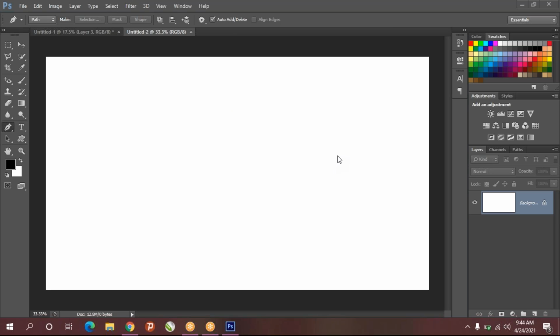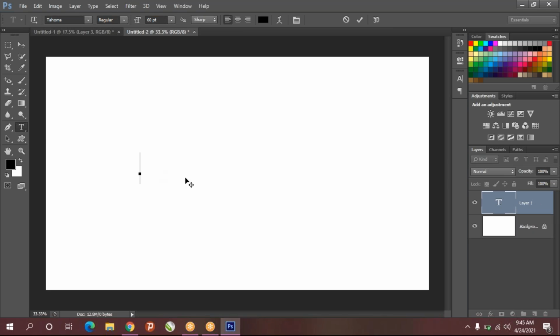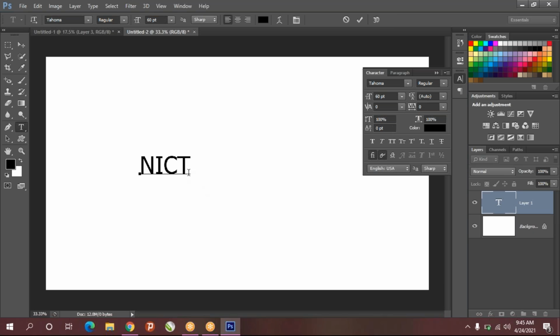So we'll create some attractive text. Okay. So example, take text tool. Just type any text you like and press Control and Control T. If you press, when you are in the text tool, you'll get text options. Or else you can click on this option also to get text properties.